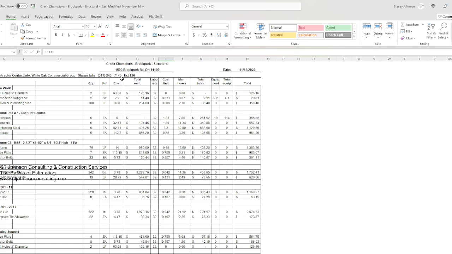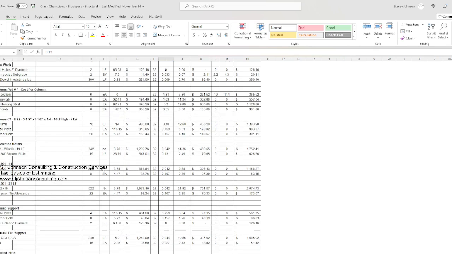Okay, so you want to make sure you include everything that's in the set. Structural could be one of the hardest ones, but what are you doing? Structural, you're doing